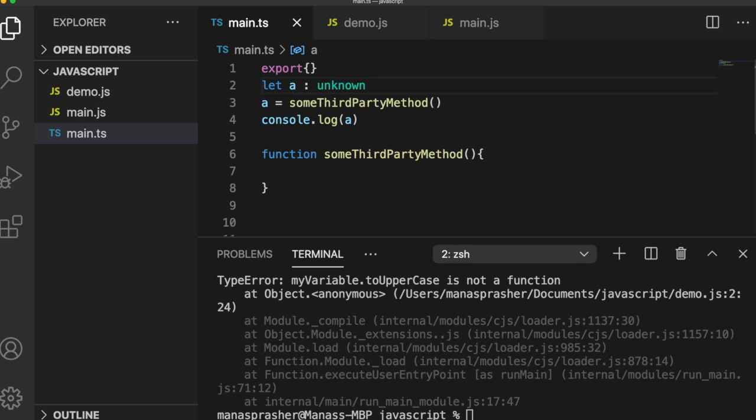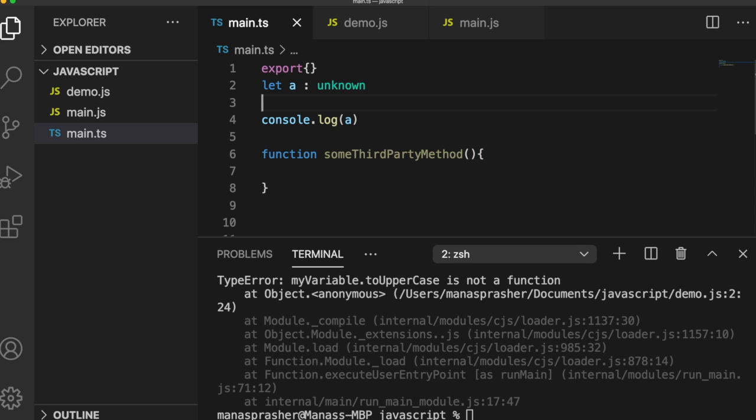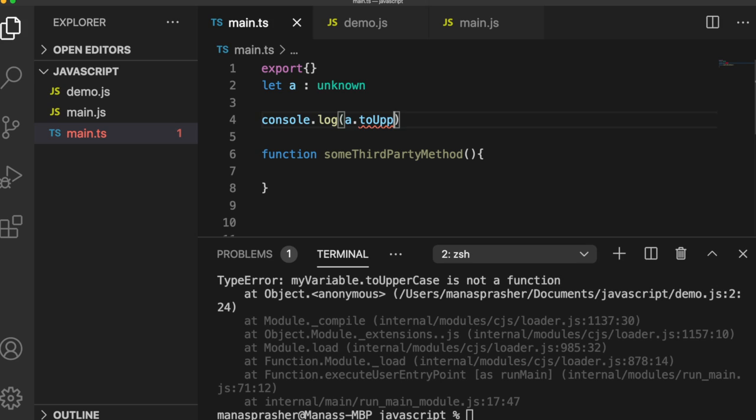So what is unknown type? Unknown type is basically a TypeScript feature where we are telling TypeScript, hey TypeScript, I don't know the type of this variable at this line number, right? So let's say I just remove this, and over here I am calling a method, toUpperCase, right? Now if I call this method, TypeScript actually complains over here,